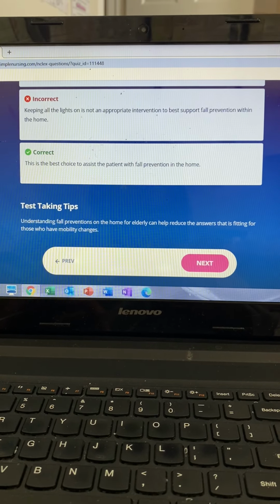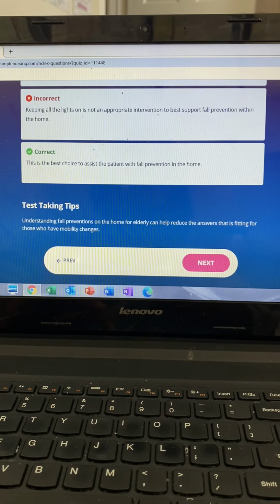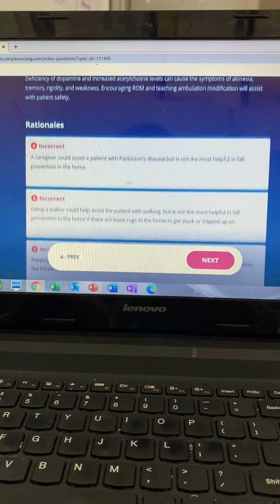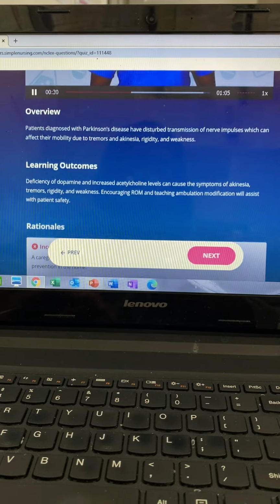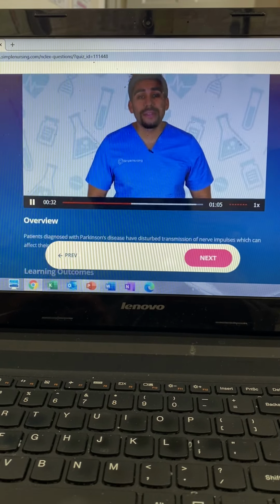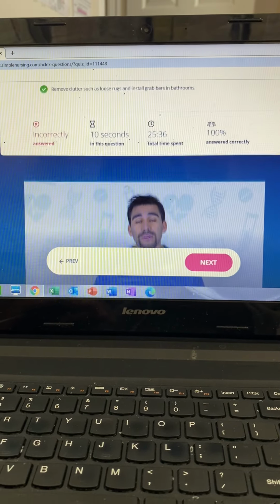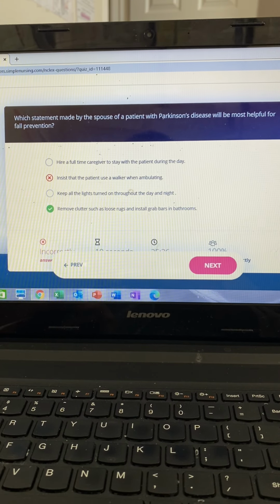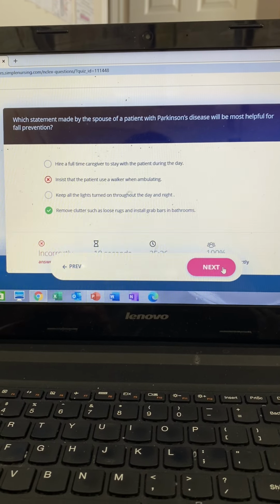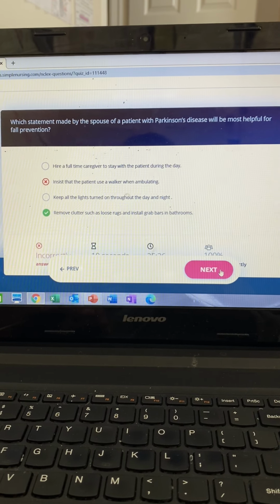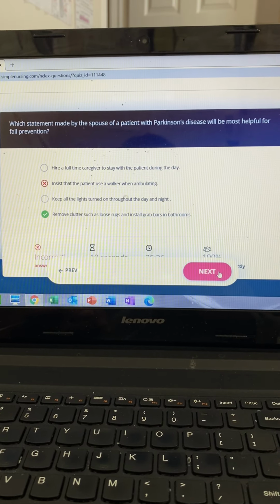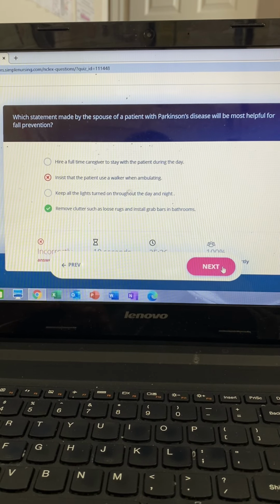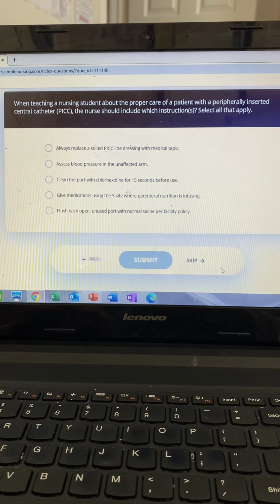So option number 1 is incorrect. Having a full-time caregiver does not directly prevent falls since they can't be there all the time. Option number 2, a walker when you're ambulating, may make walking more difficult if you have Parkinson's disease since they're always shaking as they're walking. Now, option number 3 is incorrect as well. Keeping all the lights on day and night is a little bit excessive and can run up the electric bill. So option number 4 is